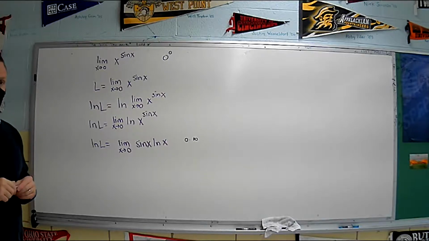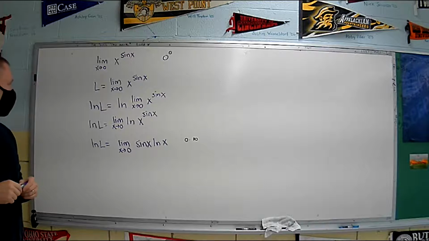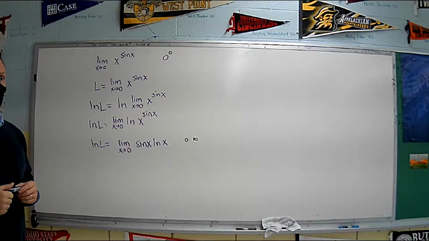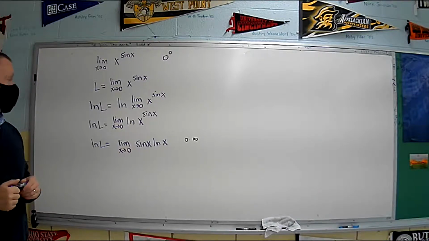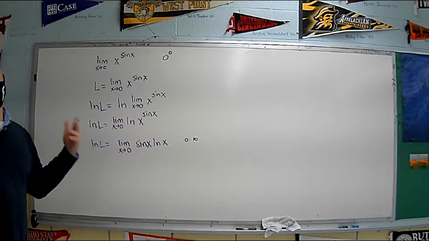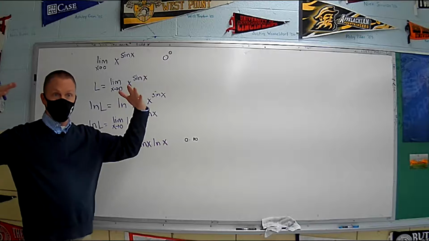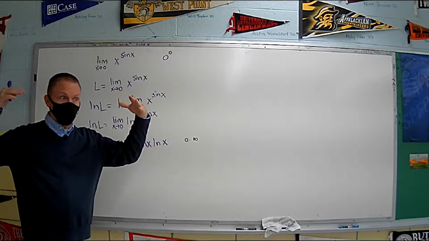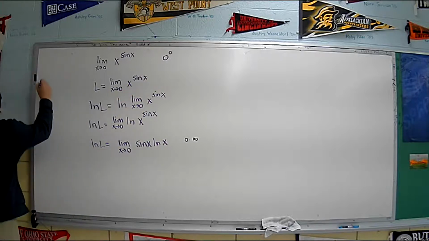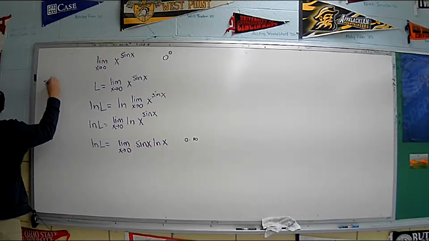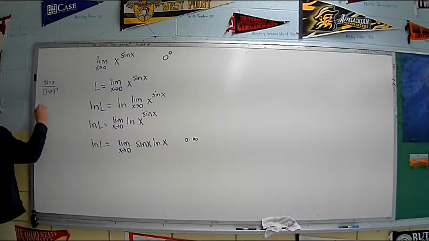Question? Oh, you have an idea? What's your idea? The natural log of x over the cosecant of x. Is that what your idea was going to be? Noah? I didn't hear what you said. He said natural log over cosecant. I'm just curious. There are two ways that you could have written it. You could have done sine over natural log to the negative 1 power. I was thinking natural log over 1 over sine, but that is cosecant, right? Yes.